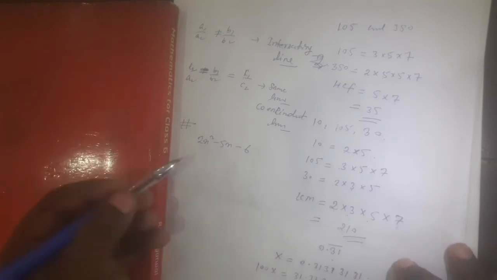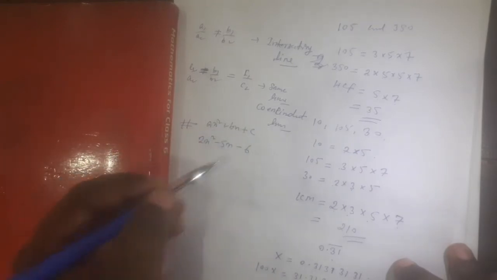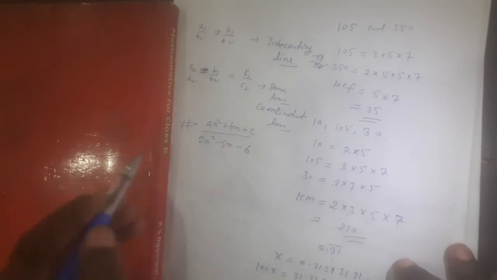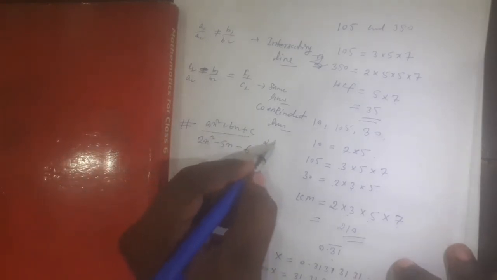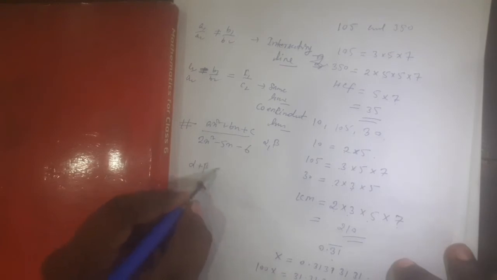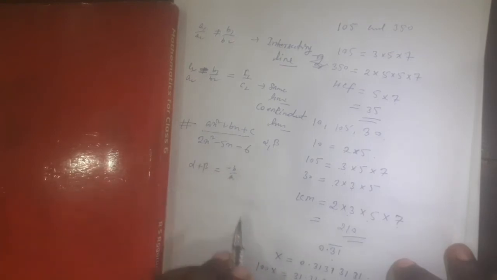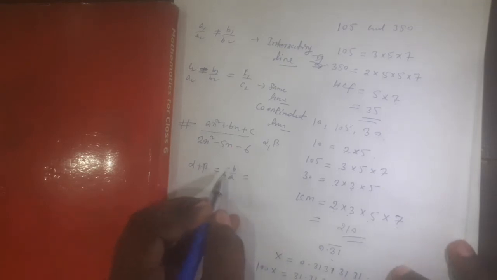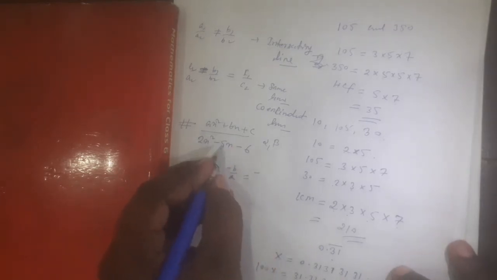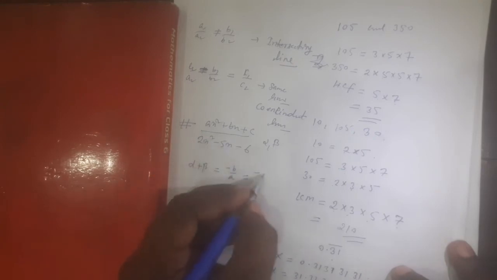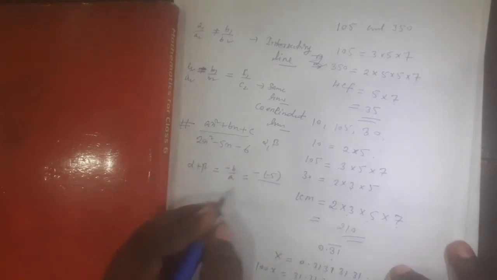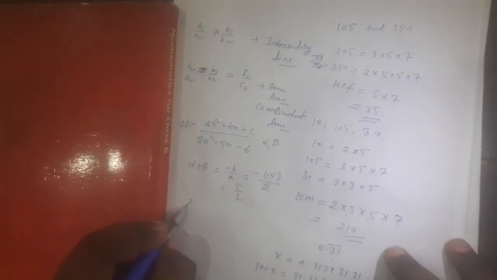this equation. So the general form of equation is ax square plus bx plus c. Okay, so this is the polynomial's general form, and here two zeros are alpha and beta. So alpha plus beta means sum of zeros, which is equal to minus b upon a. Okay, this is the formula here. This is the relation between zeros and coefficients of the polynomial. So now what it will be here, this is minus, and at the place of b here it is minus 5, so minus of minus 5 divided by a, the value of a is 2, so finally it is 5 by 2.